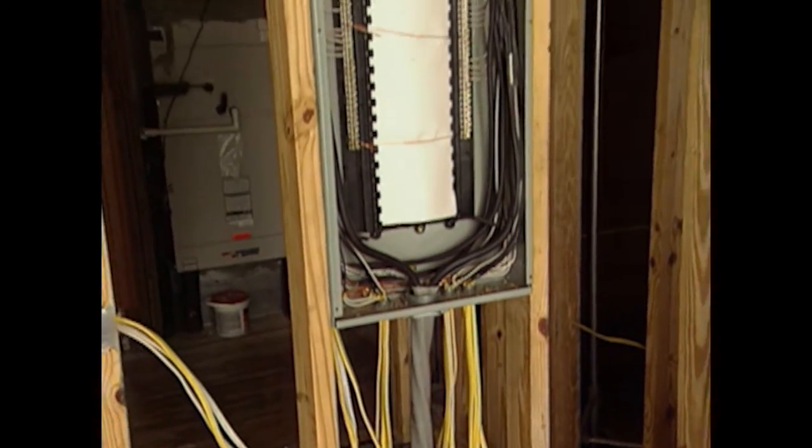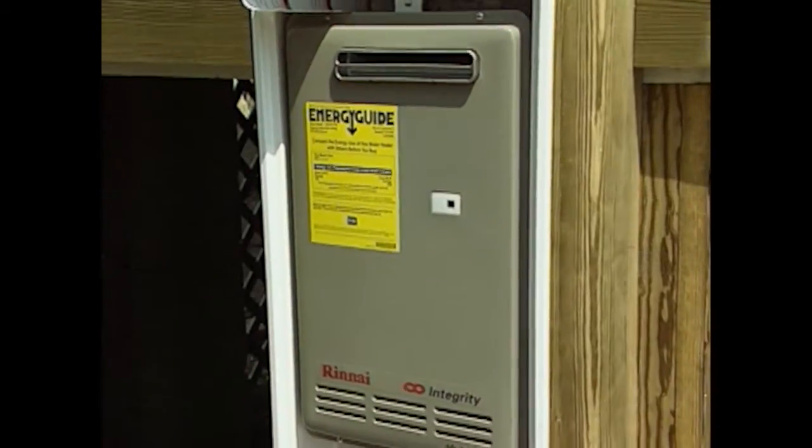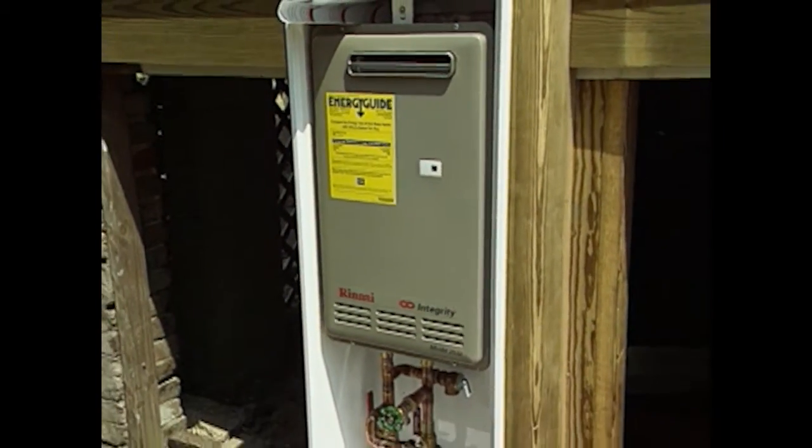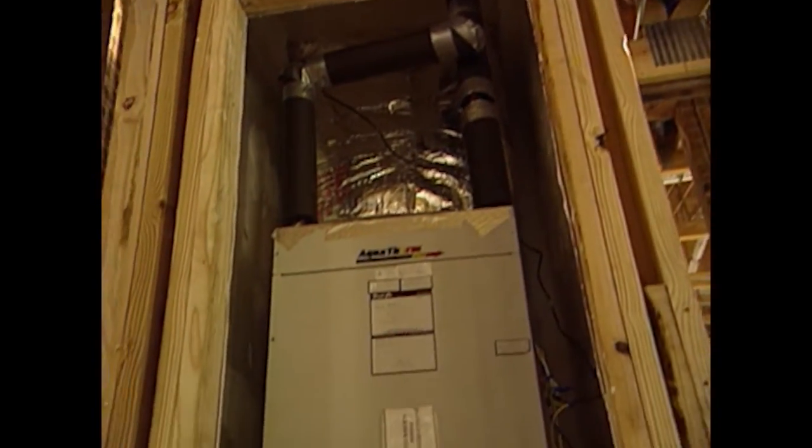With the carpentry advanced as much as it is on the inside, we were able to have our electrician out and completely rewire the entire house. Now, this is always a good idea if you're doing an extensive renovation, to completely rewire the house, because that'll save you a lot on your insurance rates. Also, our plumbing contractor replaced all the water and drain lines, and in the process installed an on-demand hot water system that works in conjunction with the new heating system being installed, so that energy efficiency is certainly on the